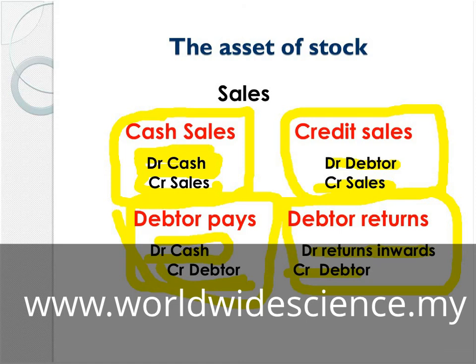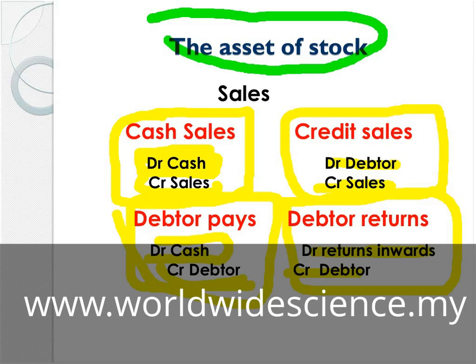We have some stock. We sell the juices. When we sell for cash, we show on the debit side that cash will increase, and the sales we show on the credit side will decrease. And it is the same with credit sales and cash sales. The double entry rules always remain the same on sales.